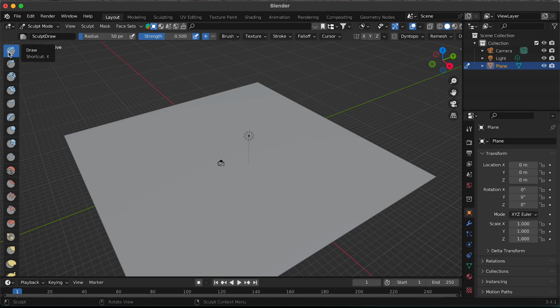and select this tool, set the radius maybe a little larger. Okay, we set the strength and you can start to contour the plane base. As you can see, there is contour getting higher,